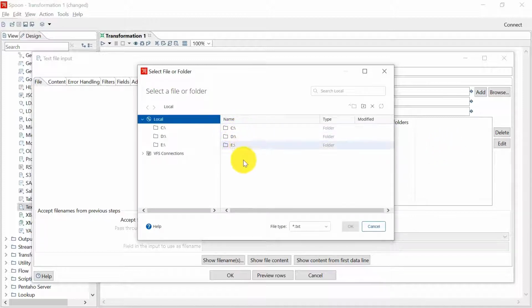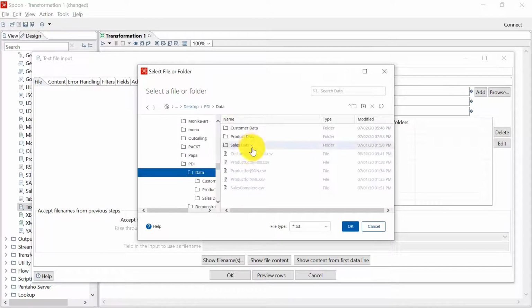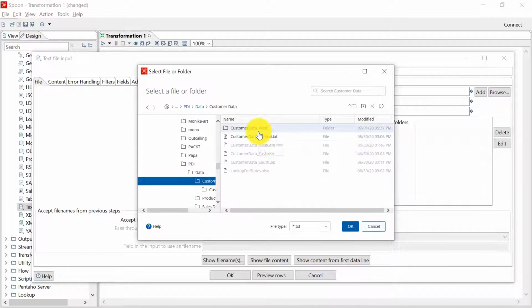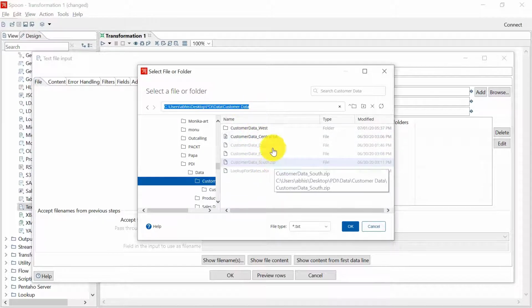You have to go to the location of the downloaded text file on your system. So this is the location of my text file.